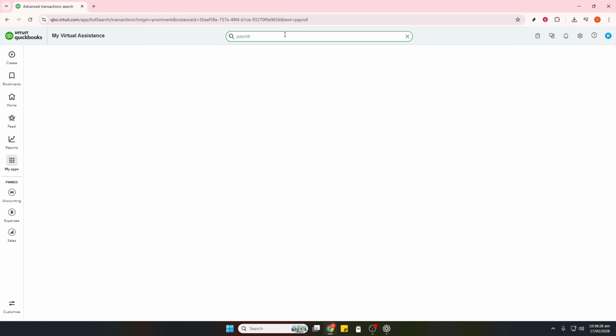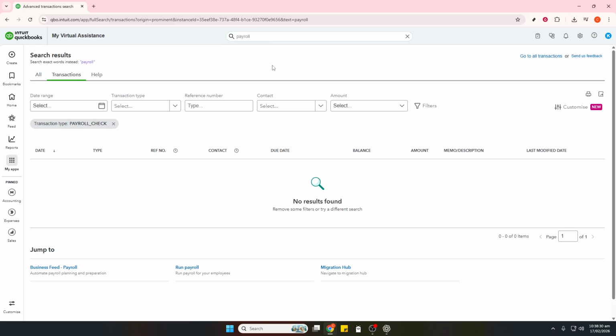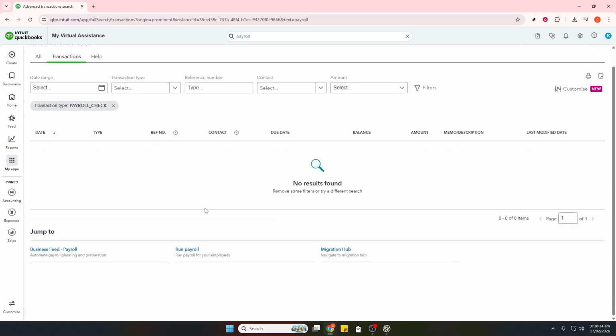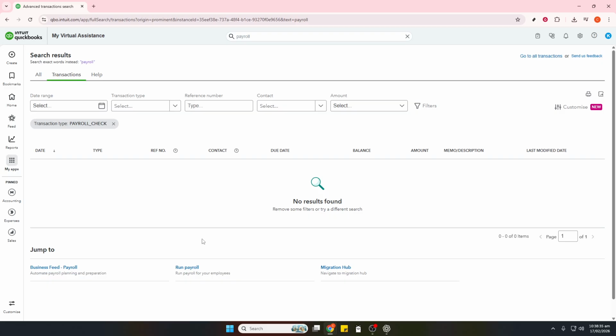Now you're ready to run payroll. Go to Payroll and select Run Payroll. Choose the appropriate pay schedule, pay period, and pay date. Enter hours for hourly staff or verify salaries for salaried employees. QuickBooks will calculate gross pay, federal withholding, state withholding, and any other deductions. Take a moment to review the net pay for each employee and confirm the totals look right based on the